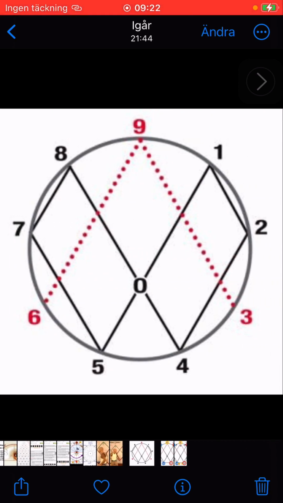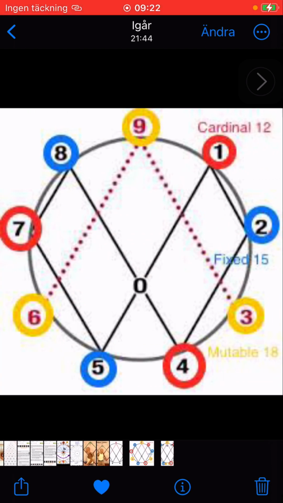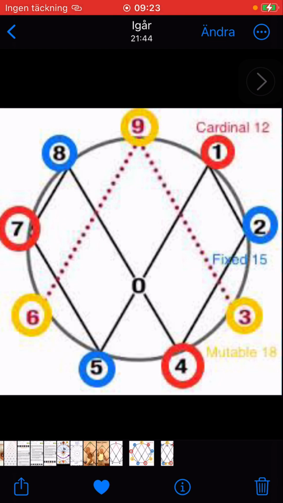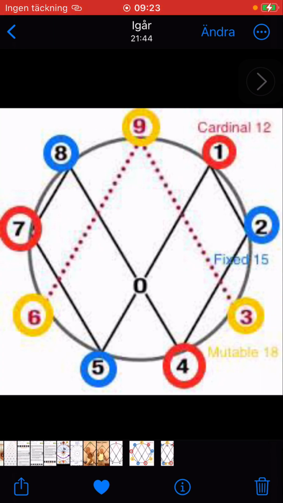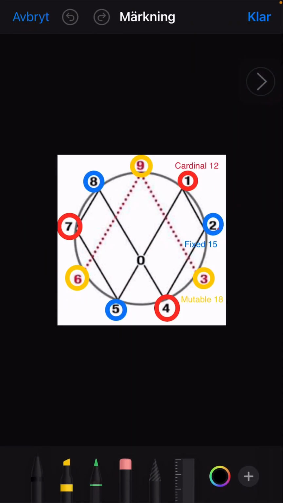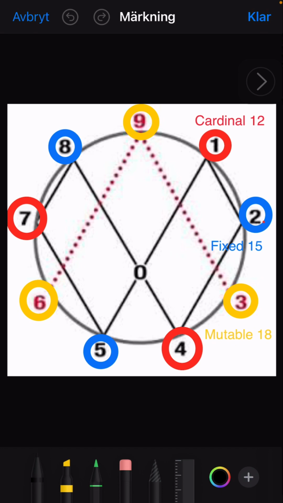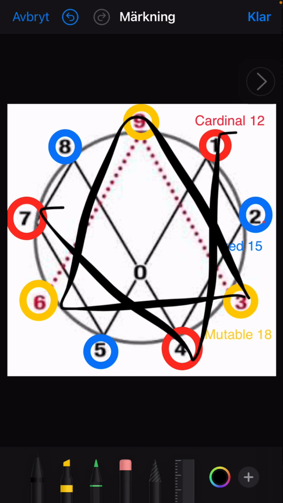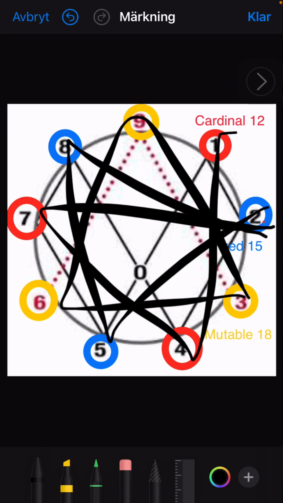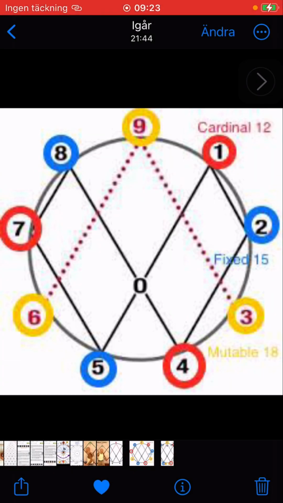I will show you here. Here is the 3, 6, 9, as you see, 1, 4, 7, 2, 5, 8. So the red ones are cardinal, and the numbers make up 12. I'm sure it has some meaning. I'm sure there are functions to explore, depending on these numbers. And here I showed